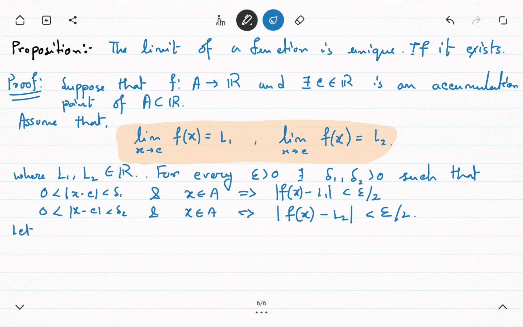Let delta equal the minimum of delta 1 and delta 2, which definitely has to be positive. So since C is an accumulation point,